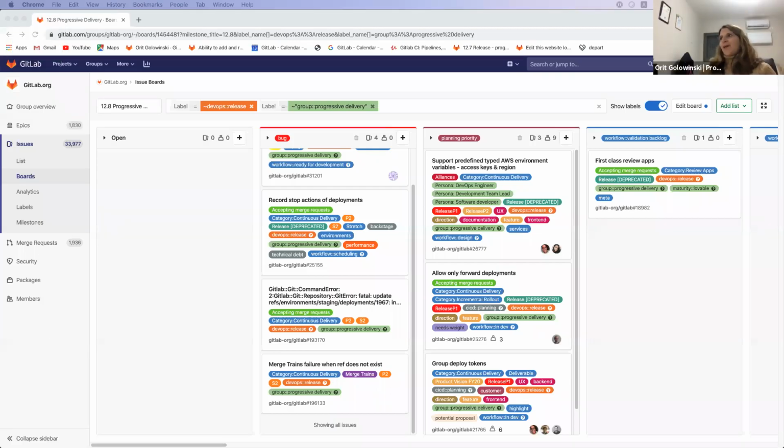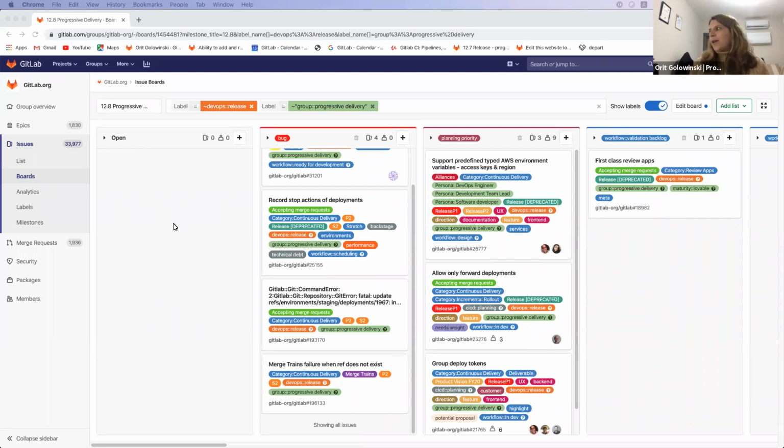Okay, so welcome to 12.8 planning, the team meeting planning. We're not yet using the new process that we're going to be displaying in the team meeting tomorrow, I think, or maybe the next day. So we're still gonna plan this as we did before. So we have our famous 12.8 board, which is divided into different columns.